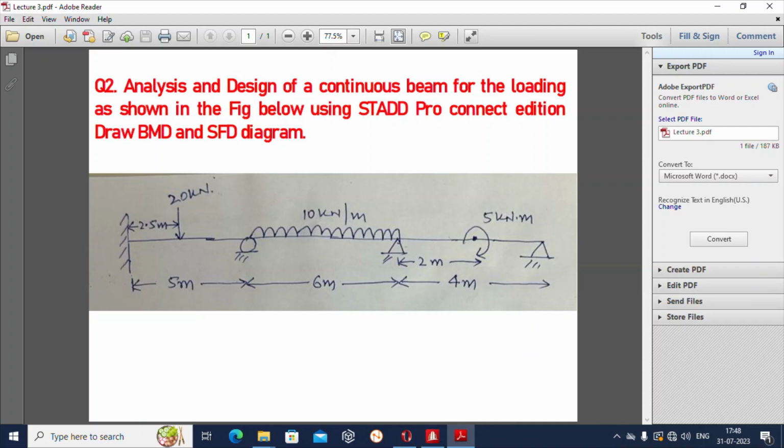and this continuous beam has three different spans of 5 meter, 6 meter and 4 meter. We have three different types of loading conditions also. One is a point load of 20 kilonewton which is acting at the center of the span of 5 meter. Another loading is a UDL of 10 kilonewton per meter acting on the entire span of 6 meter. And the third is an external moment of 5 kilonewton meter acting at the center of the span of 4